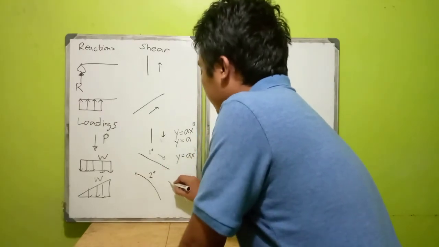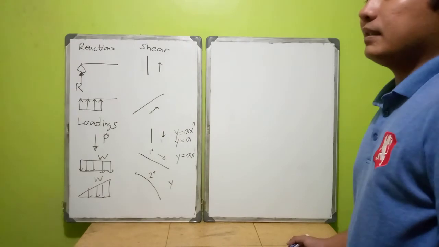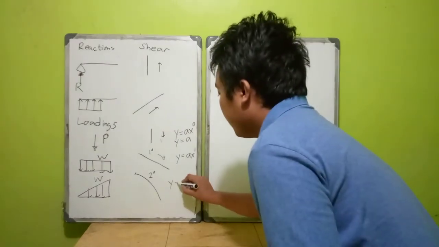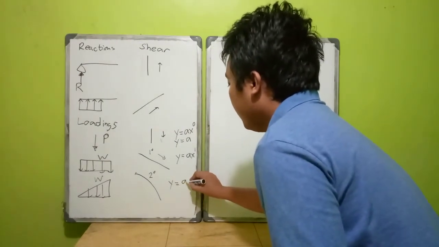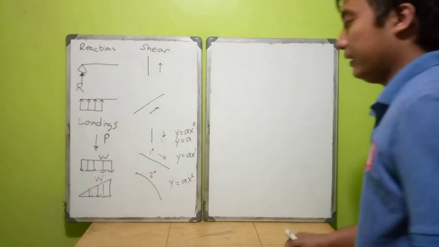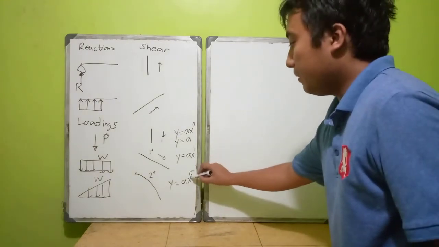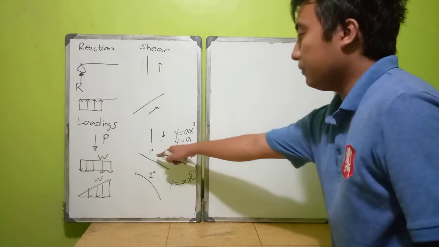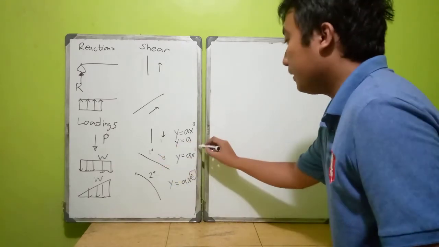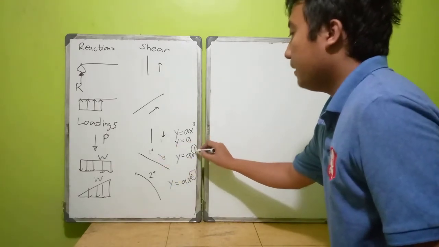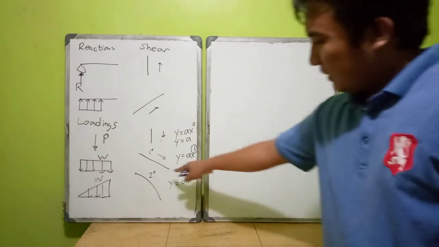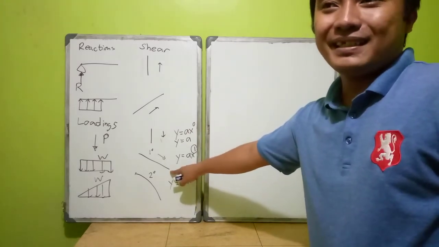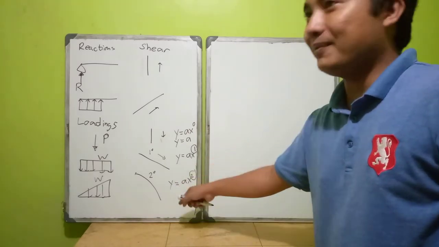A 2-degree curve is represented by y is equal to ax squared, meaning it has a power of 2, in contrast to this 1-degree curve which has a power of 1. You may ask, sir, this is not a curve, it is a slant line. It's true, but